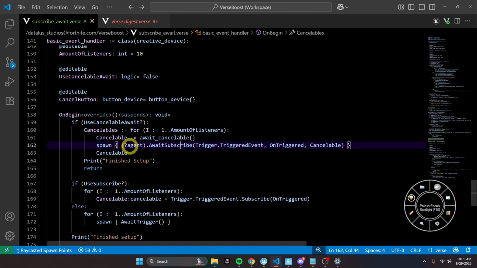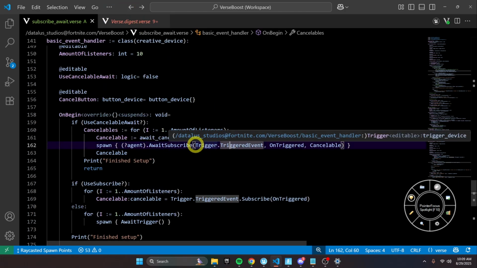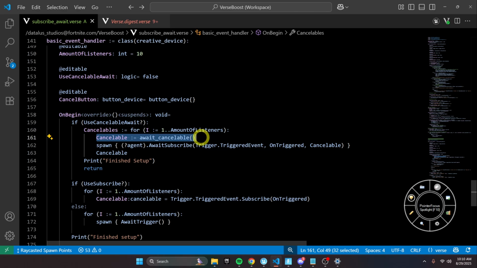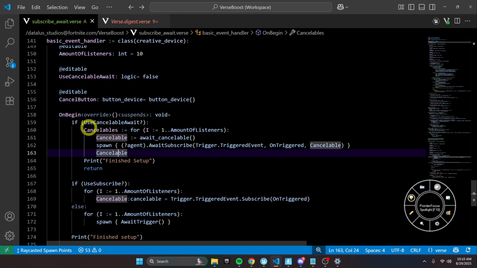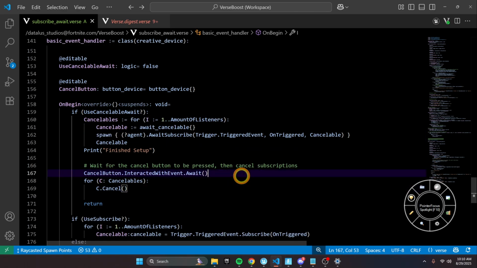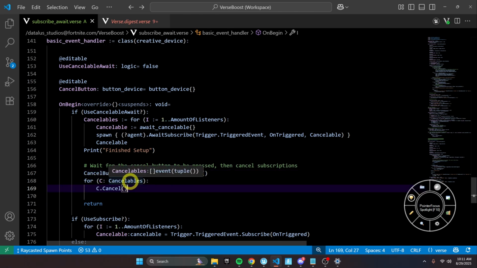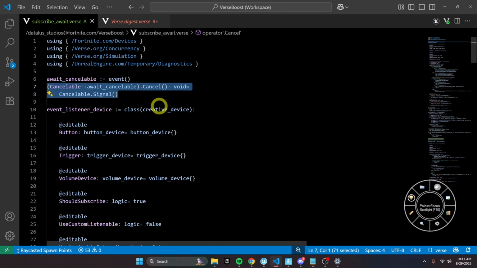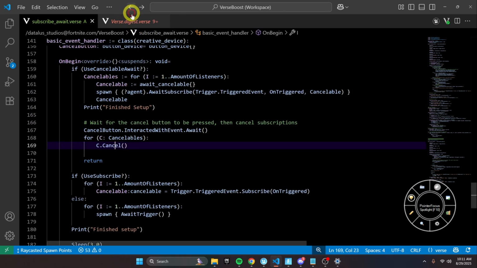So we put the optional agent, and then we pass in the event, and then we pass in the callback, and then we pass in our cancelable that we created. And then using array comprehension, we set cancelables. And then once we hit the cancel button, which we're going to await here, it will cancel all of our cancelables. And I made this extension function. You might have seen it when I went up here, but it's just to make it look cleaner, and you guys get it. So let's look how that works in game.